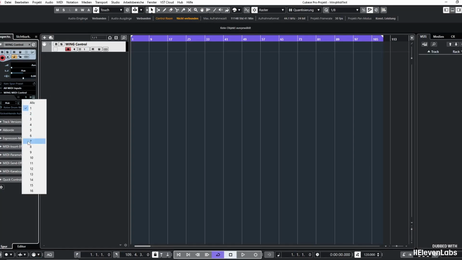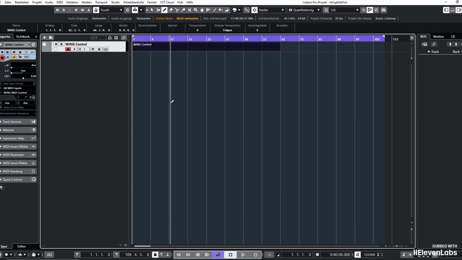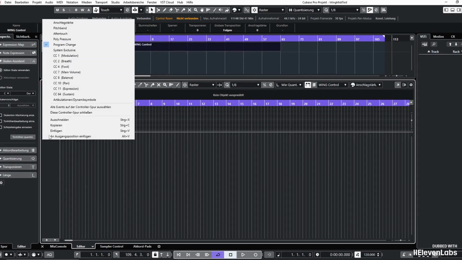So I set this MIDI channel in Cubase to 7, and now I just need to quickly enter a few notes. I have already set the program change here. It's important that you set this to program change, not to velocity or pitch, but to program change.